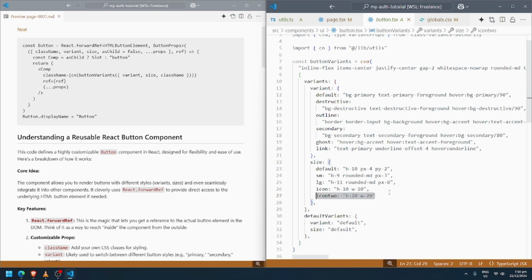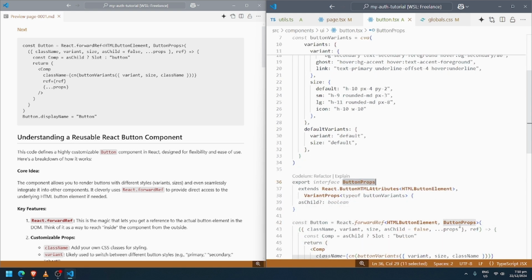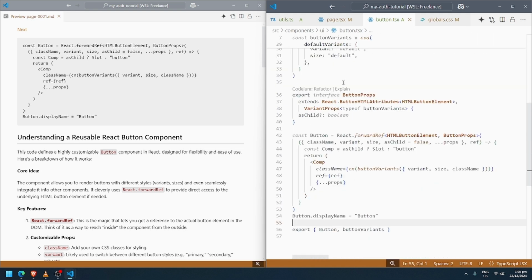Don't mind this one, I just added this one. Default, if not given by this variant, then it will fall back to the default variant. So this is an interface, the button props interface there. So to be able to understand, when we call button, we basically call this button, and this is the one being exported here, button and button variants.